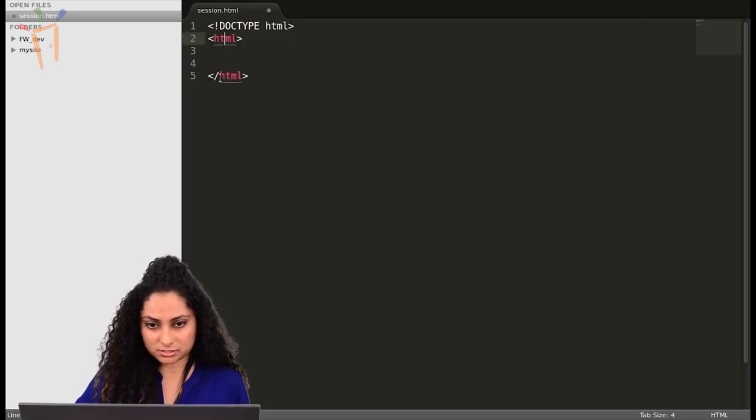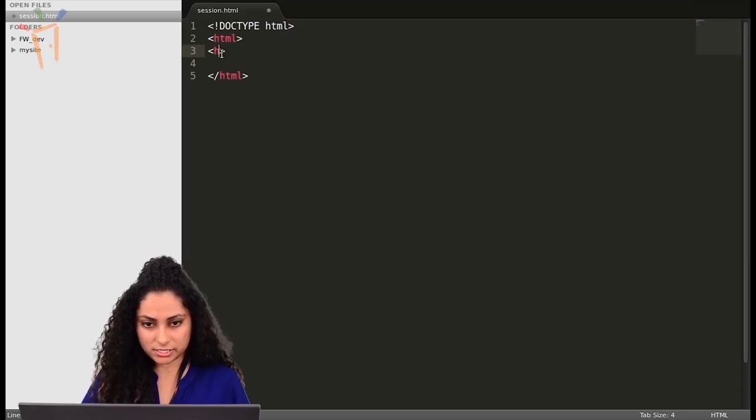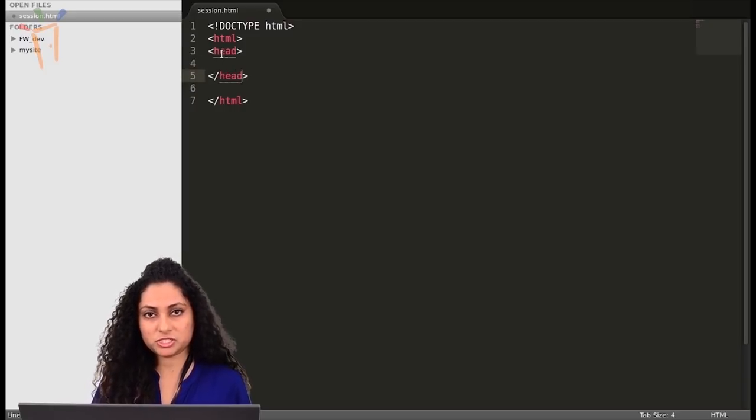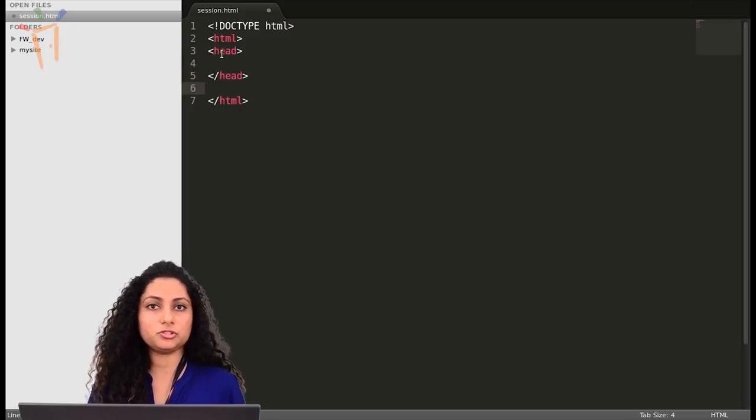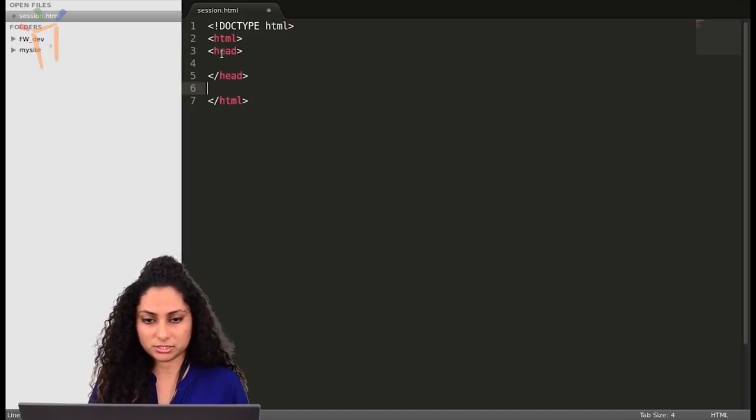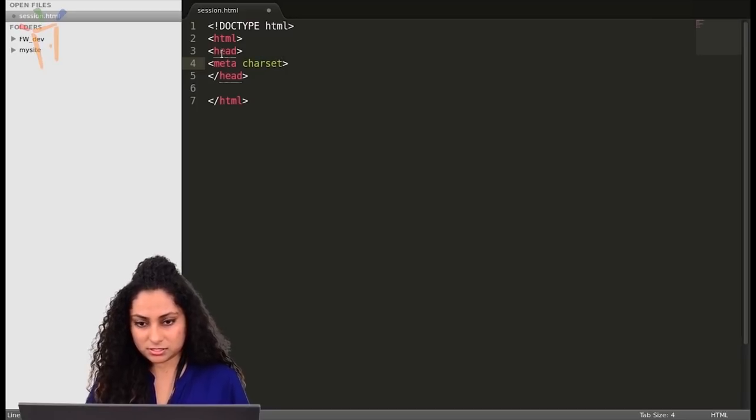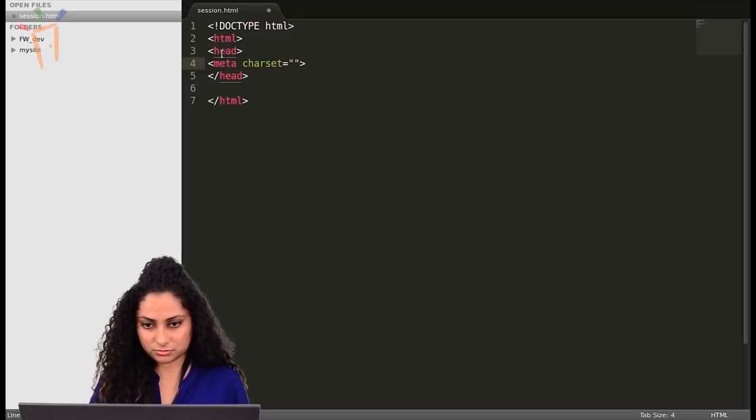Inside the html tag, we'll write one head tag. That is for meta information. Meta information is basically whatever information we want to give about the document. Here we can declare several kinds of meta tags. That can be charset equal to